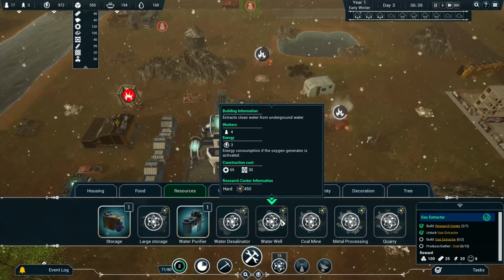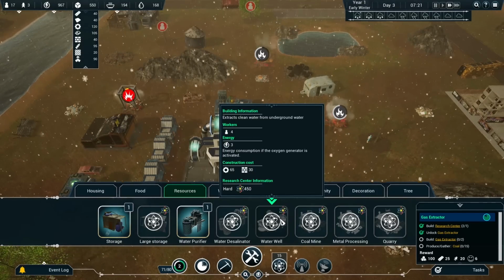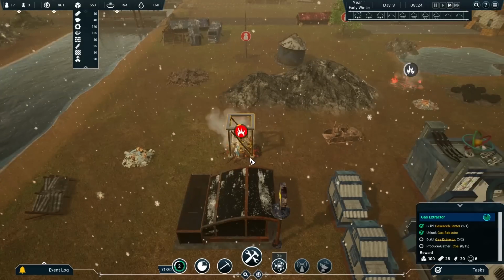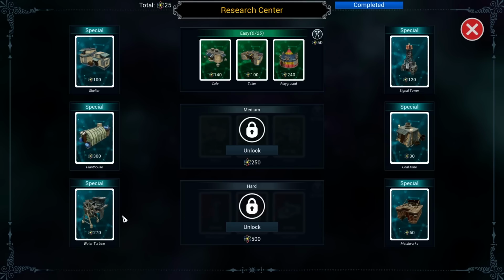We have a water well, which will take up water from deep under the surface, which could be more purified. Rather than having to use the water purifier, we can just pump it directly. Looks like only one person on construction there. We've generated some great amount of points now for additional research. We only need 25... 0 to 25. Not sure exactly how that works, but...